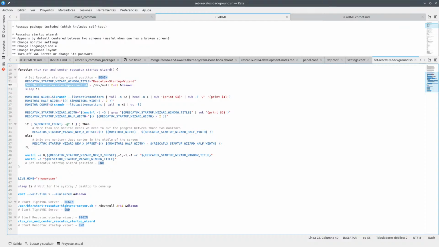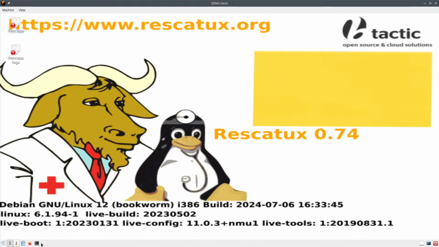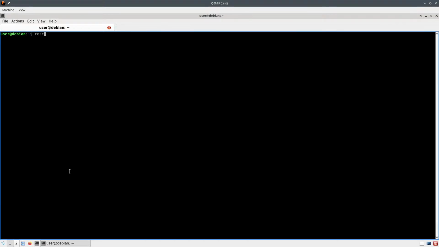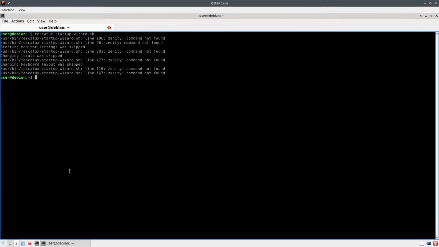Does it work? Wait a minute, because Rescatux startup wizard sanity. Oh, wait a moment. Look at that. So Rescatux startup wizard .sh does not work because it doesn't have sanity. So we are relying on Rescap installing sanity so that this startup wizard works as expected. However,